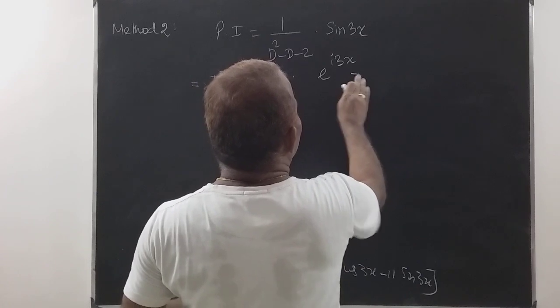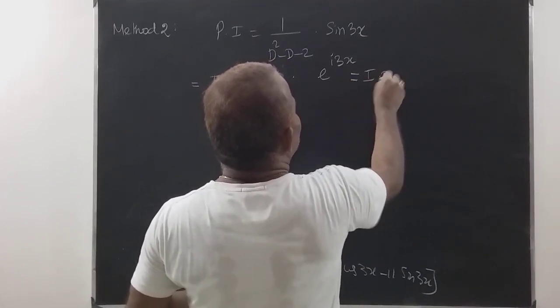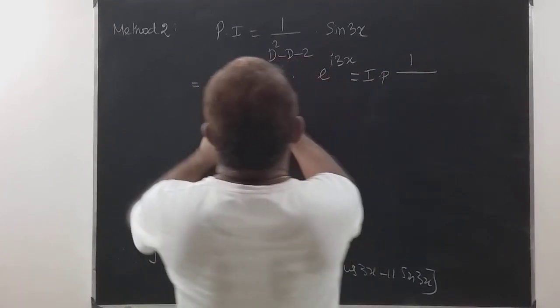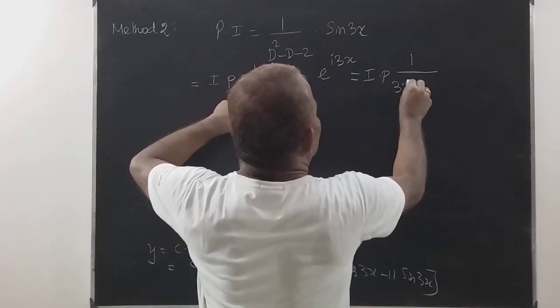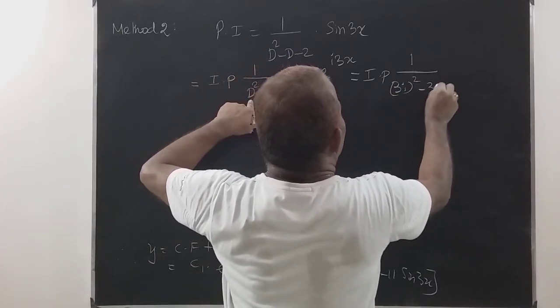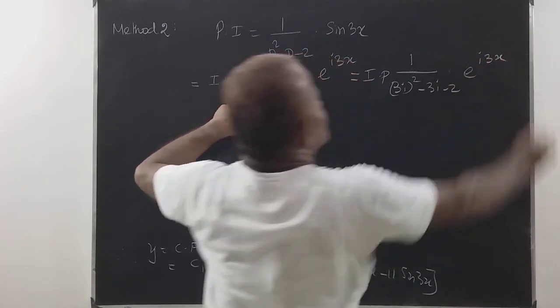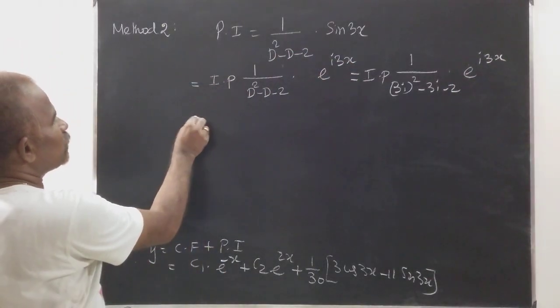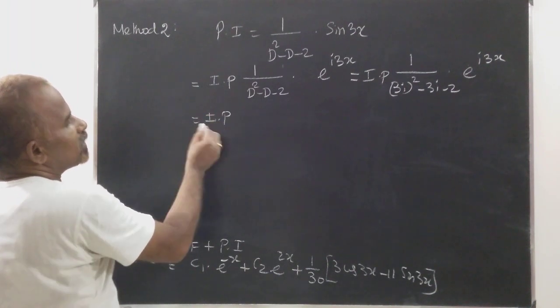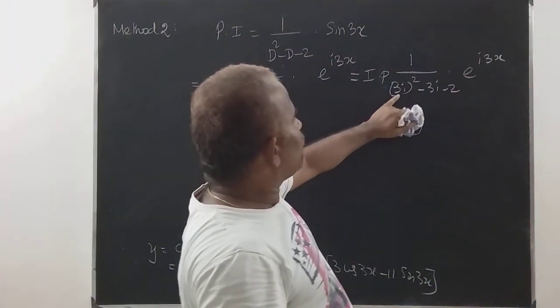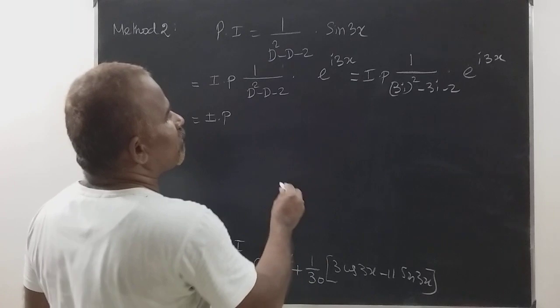So therefore again I can write imaginary part of 1 by (3i) whole squared minus 3i minus 2 into e power i3x. So again I can write imaginary part of, so 9 minus 11, so again I can write